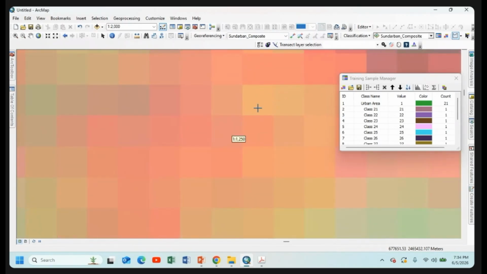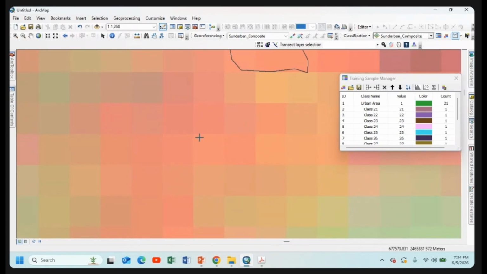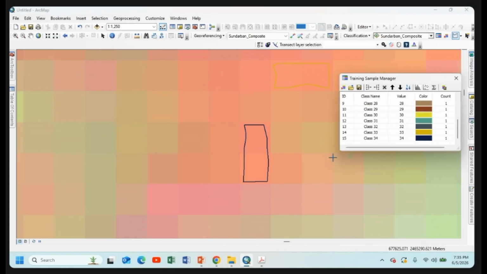Here some vegetation area has been observed prominently. This is a light pink color. Hope you understand the color. Again, a minimum of 20 sample data will be collected.